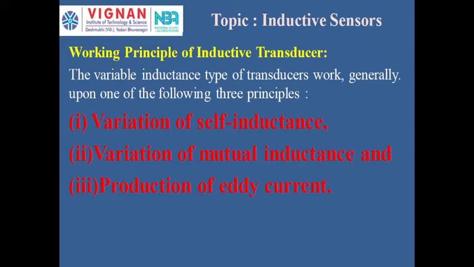So previously we have discussed the resistive and capacitive transducers. Similarly, we have another type of transducers called inductive transducers. These are the transducers which convert any physical quantity into variable inductance. The transducers which convert any physical quantity such as displacement, force, pressure into some change in inductance are called inductive transducers or variable inductance transducers. These are also passive transducers which require an external power supply to convert any physical quantity into some electrical signal.